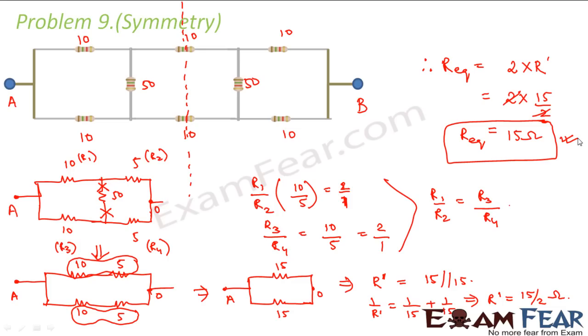So I hope I have discussed some of the methods like the Wheatstone bridge, the symmetry method, and the delta star transformation method, and I hope these methods are quite clear to you. These are all various methods which you can employ to solve different kinds of circuits, but it is always up to you how and when you apply those methods. I can just tell you the methods, but it is up to you and your practice to come to know when to apply which method, right? Now let us look at.